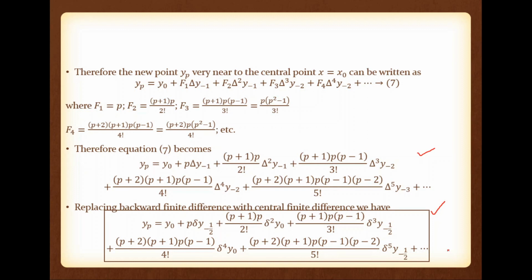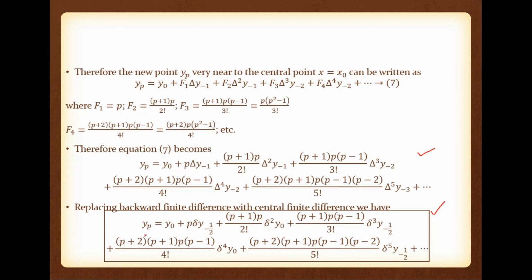The Gauss backward central finite difference interpolation is yp is equal to y0 plus p into theta y minus 1 by 2 plus p plus 1 into p divided by 2 factorial into theta square y0 plus p plus 1 into p minus 1 divided by 3 factorial into theta cube y minus 1 by 2 plus p plus 2 into p plus 1 into p minus 1 divided by 4 factorial into theta raised to 4 y0 plus p plus 2 into p plus 1 into p minus 1 into p minus 2 divided by 5 factorial into theta raised to 5 y minus 1 by 2 plus etc. So here